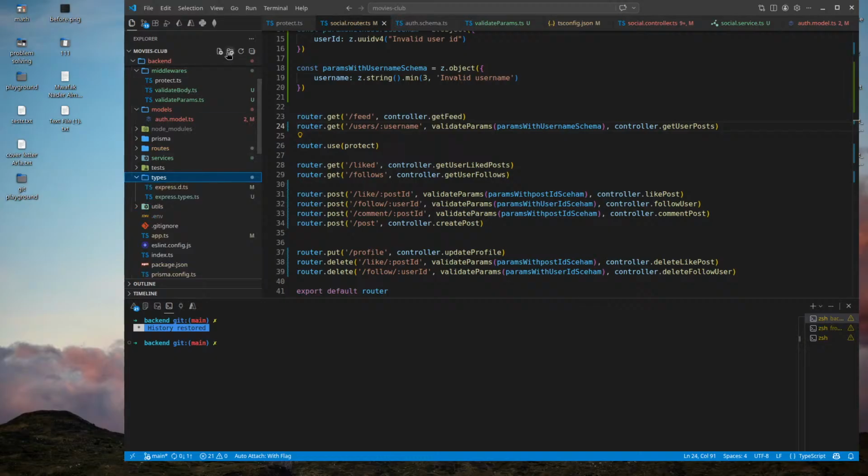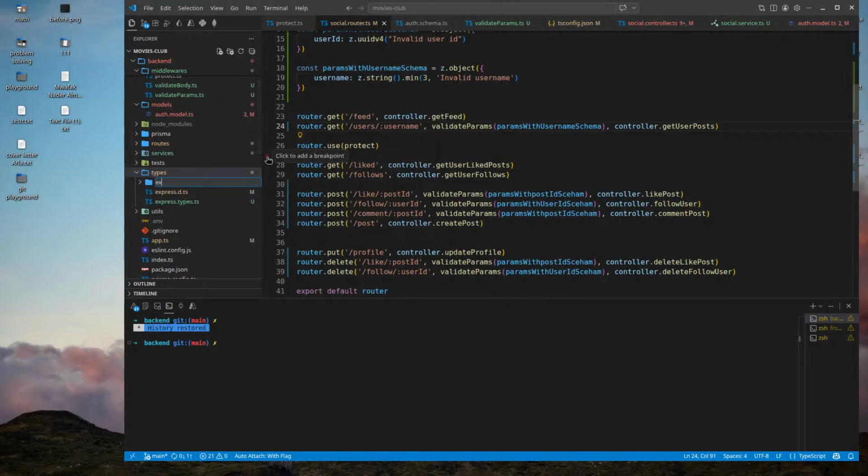Maybe I will create a folder called Express. And inside this folder, I have like 1 and I have 2.